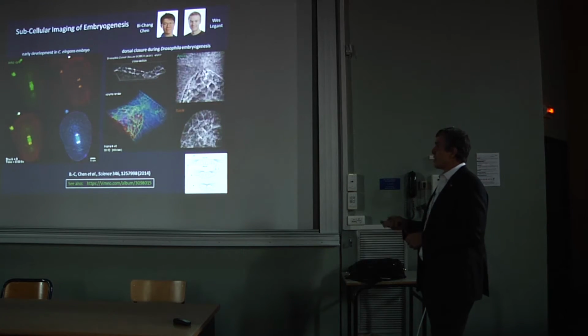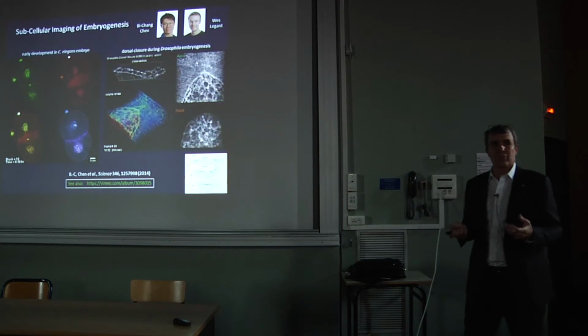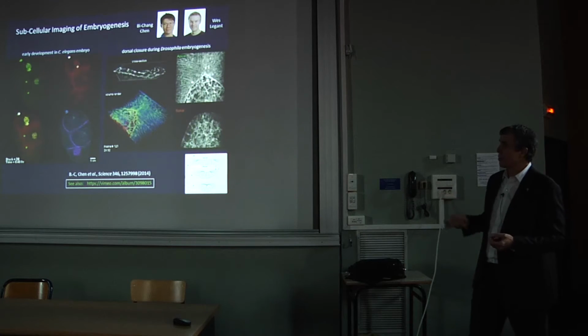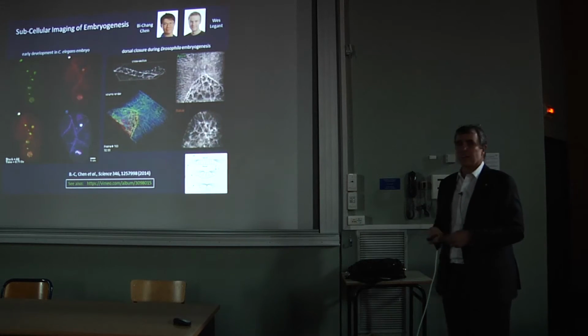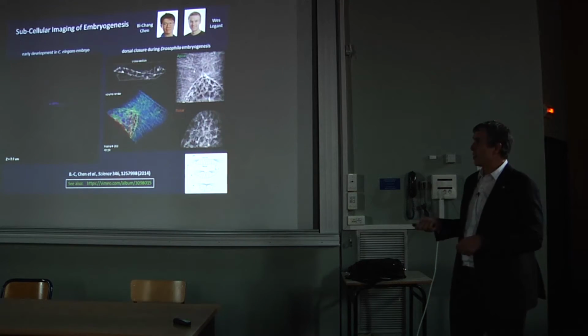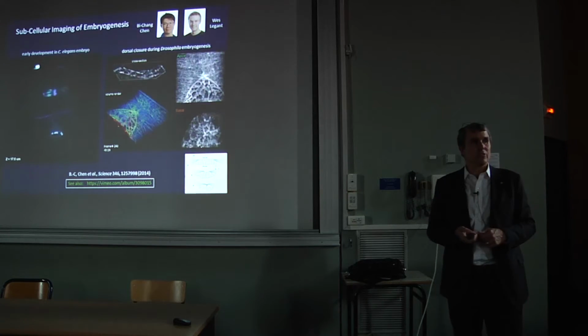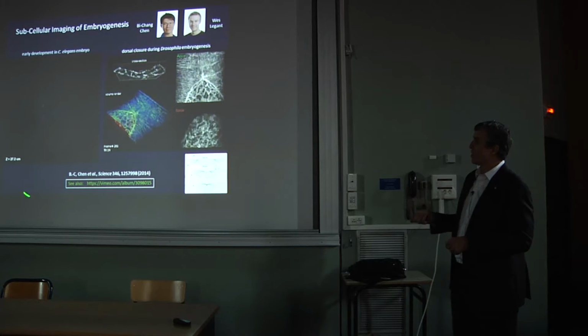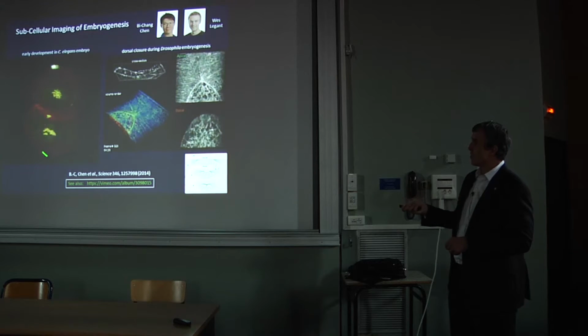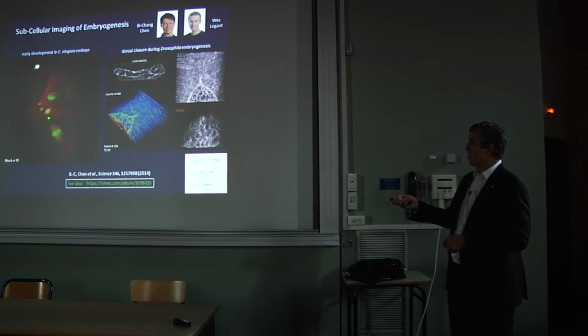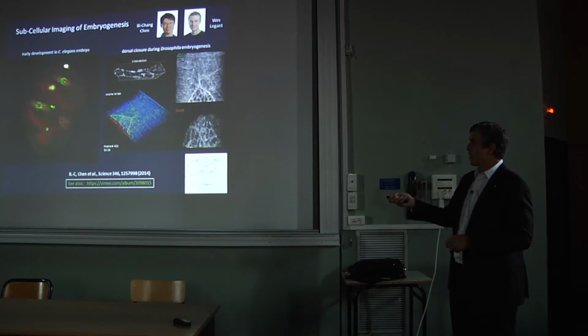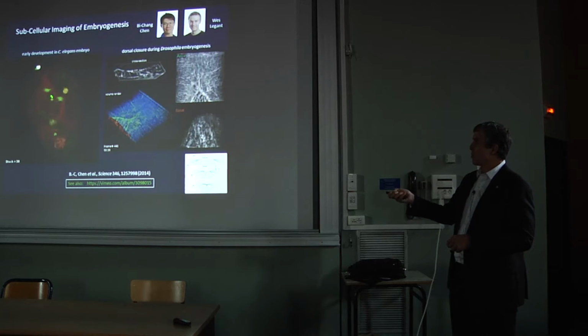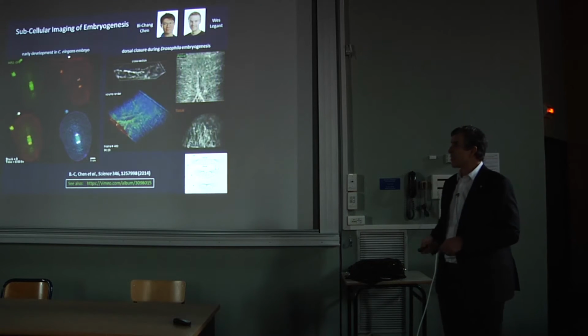And then at a larger scale, we can look at embryos. If they're small embryos, we can look at whole embryos. So this is C. elegans, the nematode worm, which is another model organism. In the few cell stage, you can see as we track the first few divisions, this particular green protein and how it localizes to the cytokinetic area with a little remnant, but also to the microtubules and so forth.